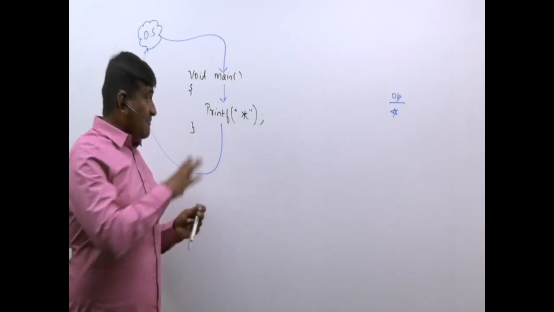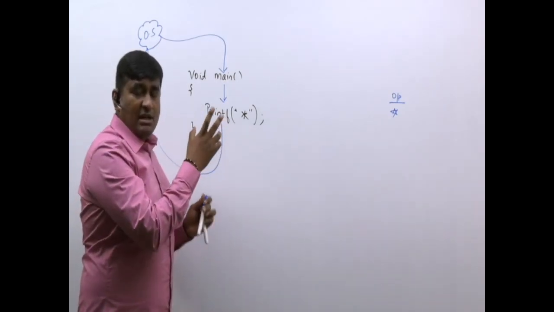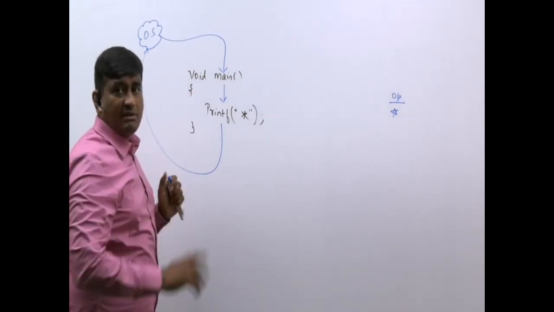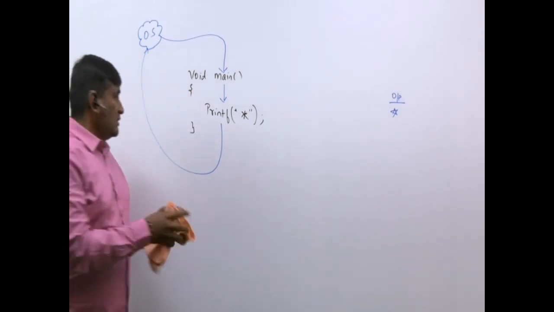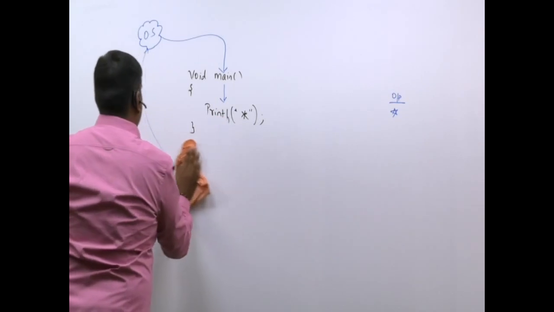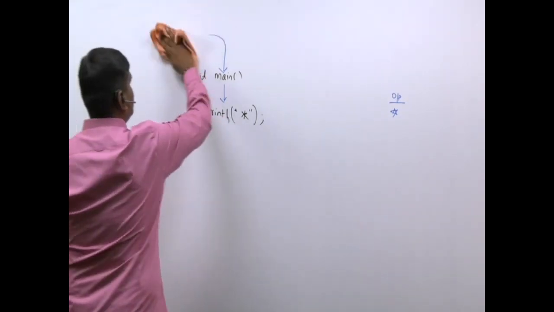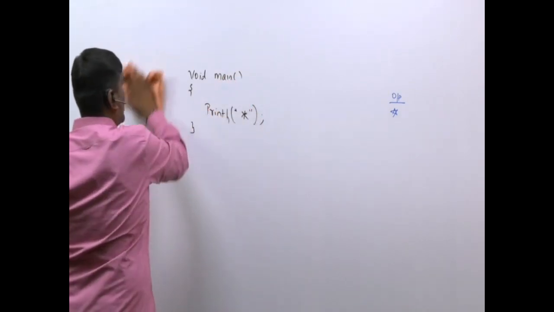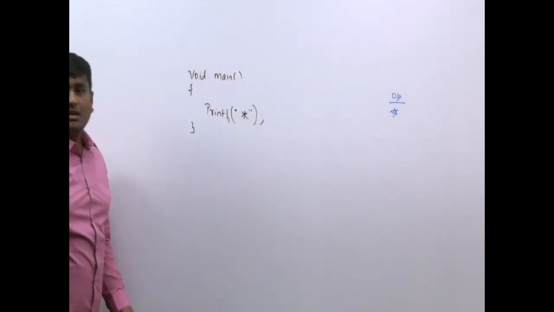Now the same program I will convert into Java. Look at the steps that I follow in order to convert the same program into Java. Pay attention. First, I will just erase all these things. I will just keep the C program as it is like this.